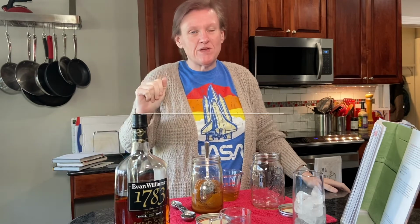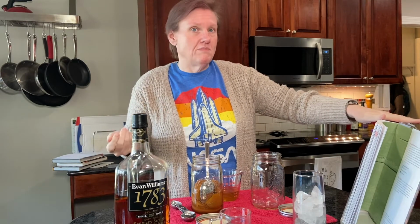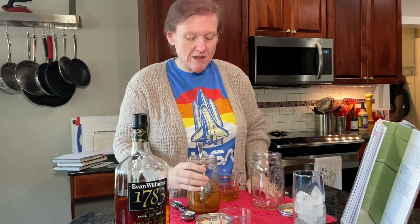Today we are continuing our cocktail series and we are going to be making Ain't That a Peach out of Vivian Howard's Deep Run Roots cookbook. It's not peach season here yet, so we didn't make the canned peaches from her book yet. Maybe we'll do that this summer, but we did have some home canned peaches that we made